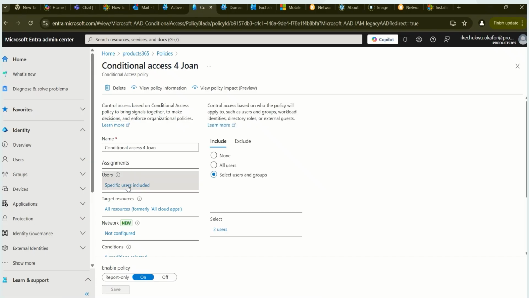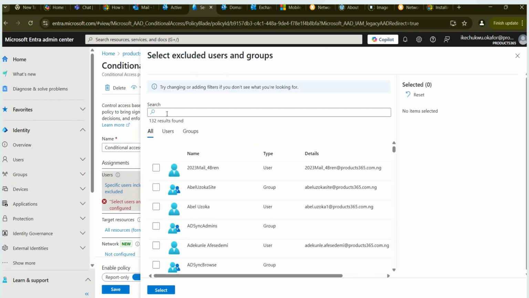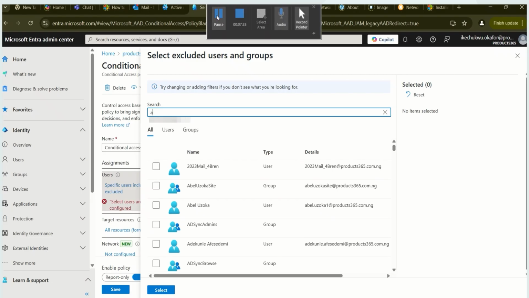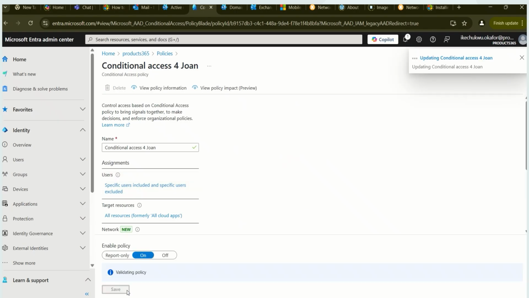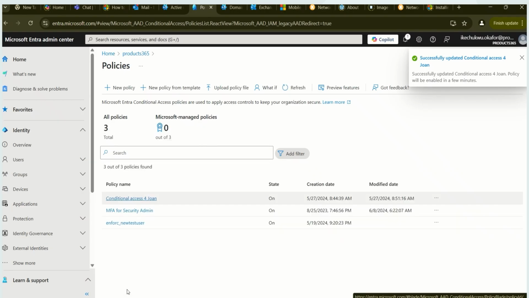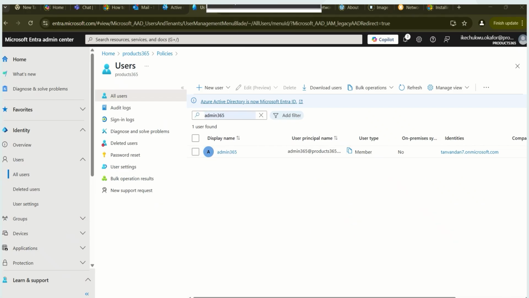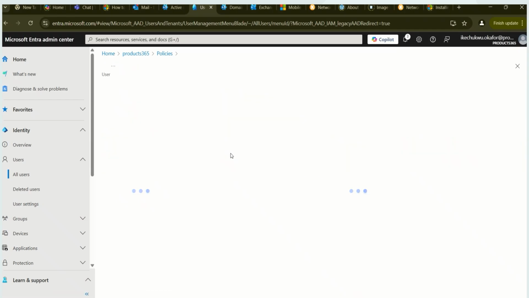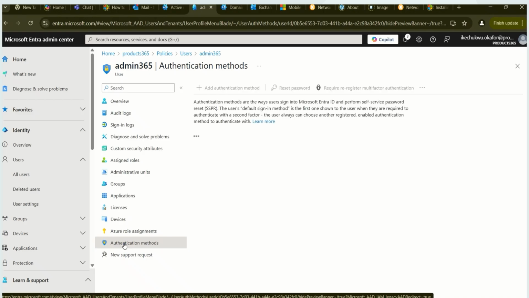Click on users, then click on exclude user or group, search for the user, and you select admin. Select admin 365, click on select, and you click on save. You can do that for all the conditional access policies. The next thing we can do is to add a phone number. So we can click on all users, then search for the new admin. You can click on the new admin you just created and select authentication methods. You can just add a phone number